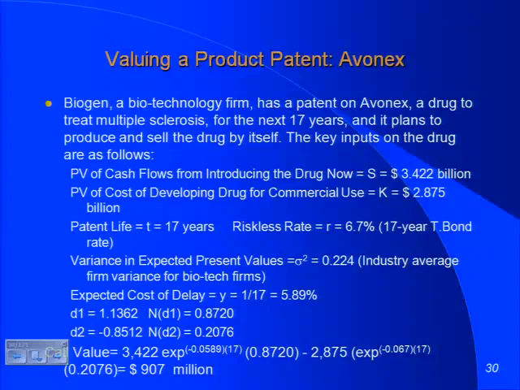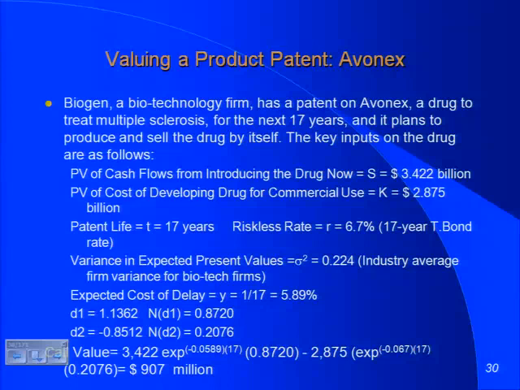Take a look at that number. What was the net present value? 547. This is why people love options. I've just added a $360 million premium to the value because there's an option. Will that value change next year? Even if the S and the K remain fixed, you know why it's going to change? The remaining life on the option will change, and the cost of delay next year is going to be what? There'll be 16 years left, 1/16th, 1/15th. In fact, I held everything else constant to see at what point.